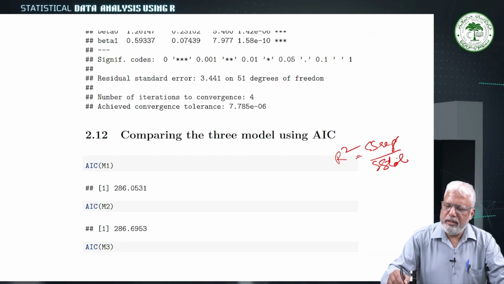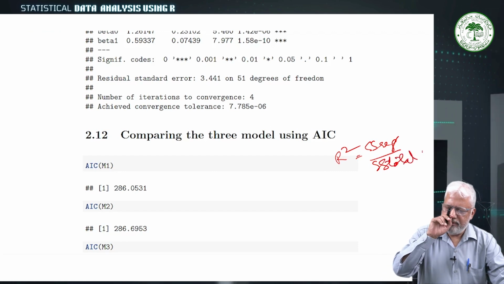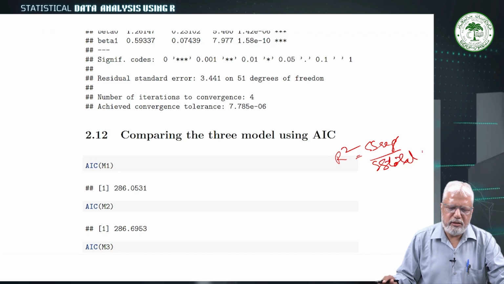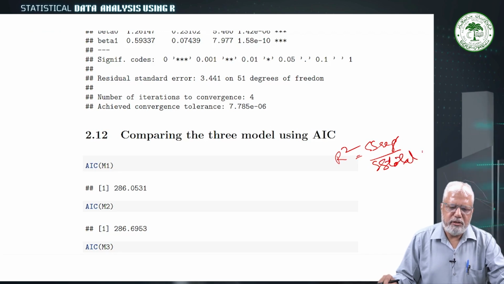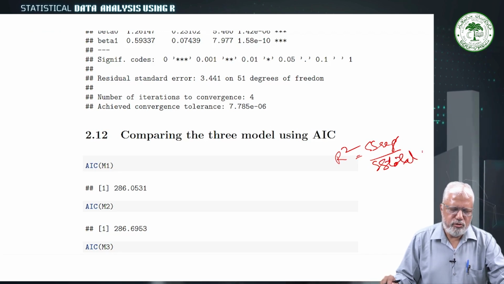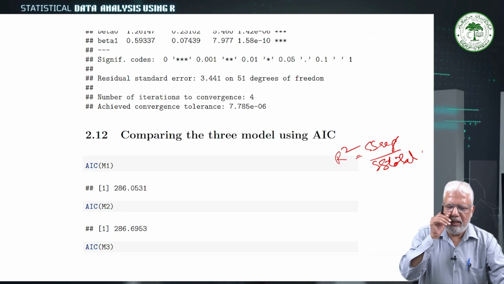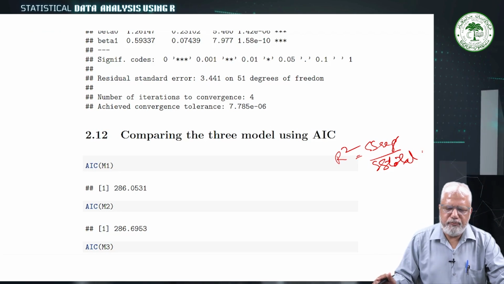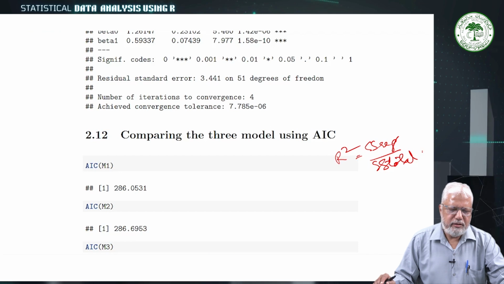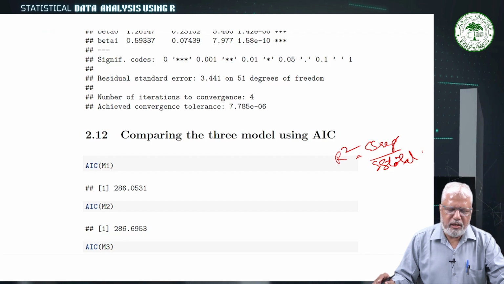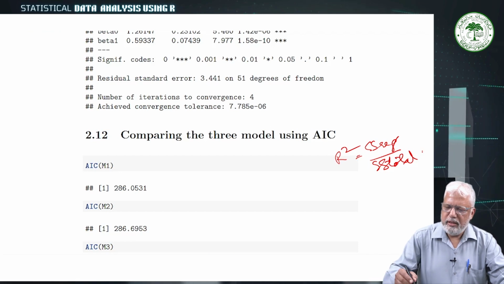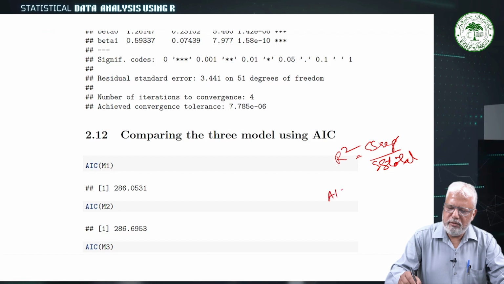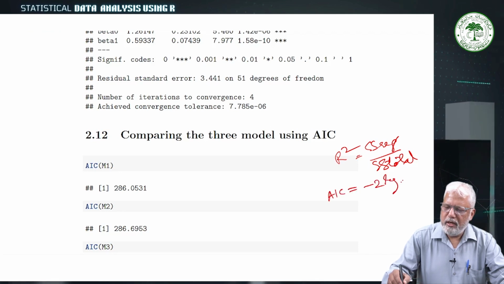But R square is not a good measure. It often misleads the quality of fitting. So that's why the Akaike information criterion, which was introduced by Akaike in 1974, is the main method of comparing models, and AIC is nothing but minus twice the log likelihood